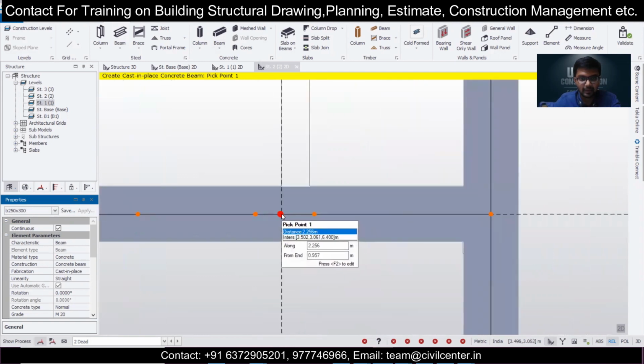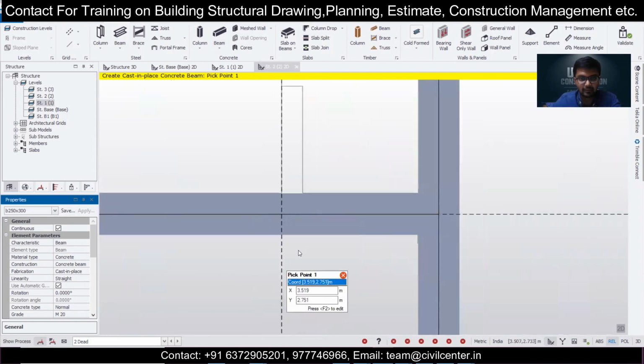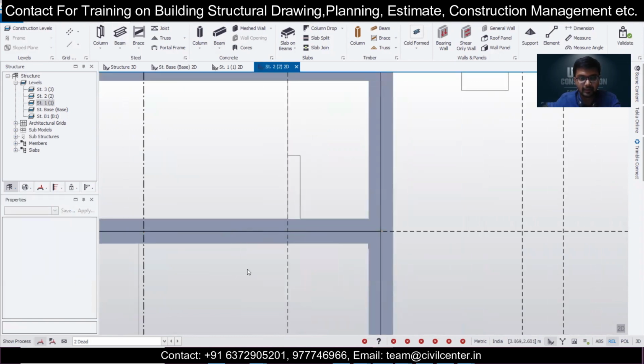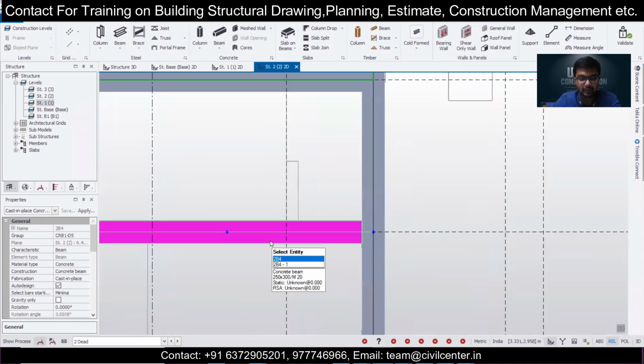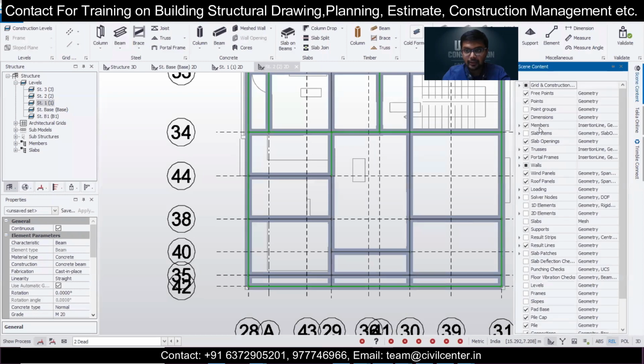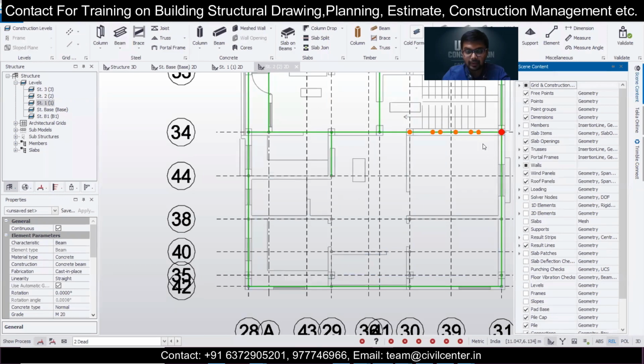If we are not able to find the center, we're going to have to do this accurately. So for that, we'll just click on this particular beam, and after going to scene content, first of all, you can turn off the slab items, and after that you can turn off the option of members. You have to remember where you have to provide this particular beam here.